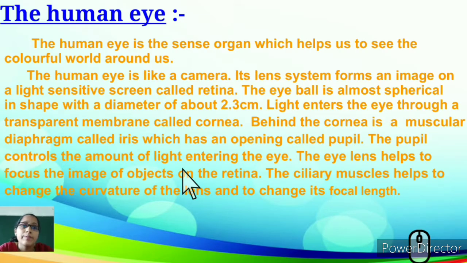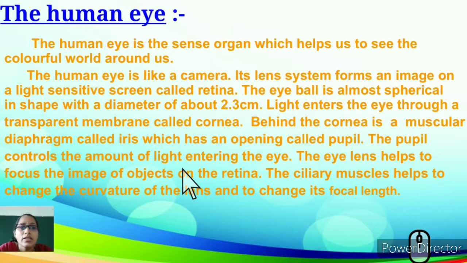So, the human eye. We all know that there are 5 sense organs. The human eye is one of the sense organs which helps us to see. It's like a camera. It has a lens fitted in, and the image is captured on a light sensitive screen, which is known as the retina, and the eyeball, which is spherical in shape, is almost 2.3 centimeters. As I told before, light enters through the cornea, which is a transparent membrane,